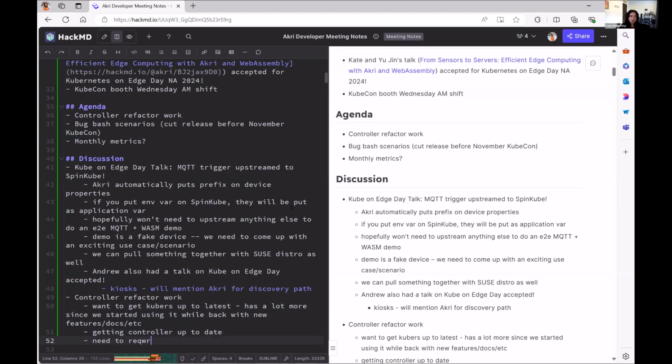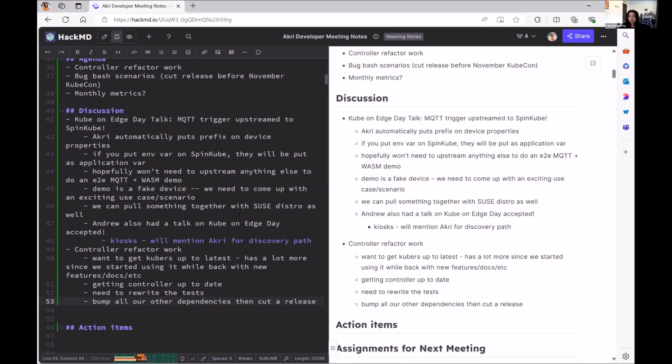Once we're there, we should probably cut a release. Well, actually, before cutting a release, we should probably bump all our other dependencies if we can, like minor dependencies and stuff, because some stuff may have been blocked on kube. And then we could cut a release. And then there's so many other features and stuff that we want to get out. And I think having this bumped will probably help accelerate that. So yeah, I'm excited about maybe the pace at which we're going to be able to turn things picking up a little.